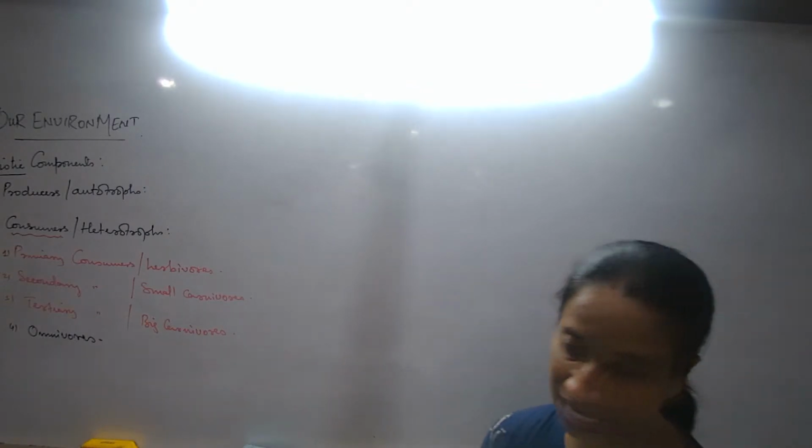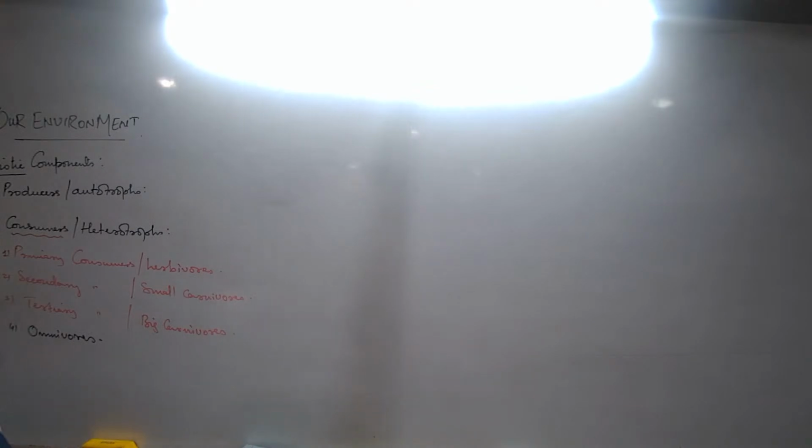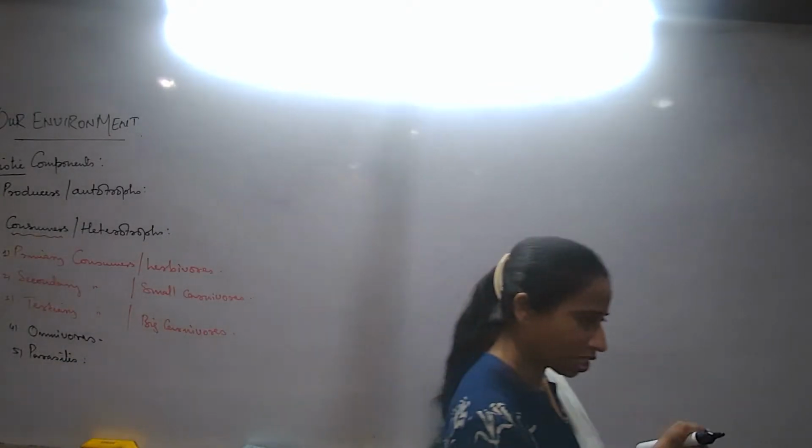Look into now the word parasites. Exactly when we talk about consumers, we may not be able to fit the concept of parasites in every food chain, but yes, there are certain types of food chain where this group of organisms also may find their place. What are parasites now here? What is the basic concept of parasitism? They feed on a host. Is the host dead or living? Living host. And is the parasite able to digest the complex food substances inside the body? Not at all.